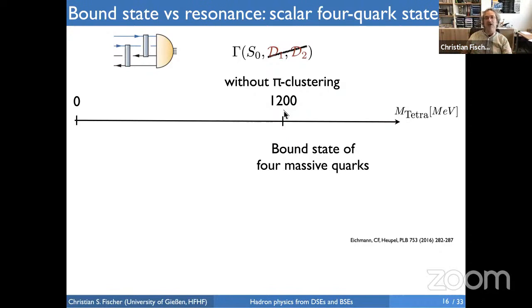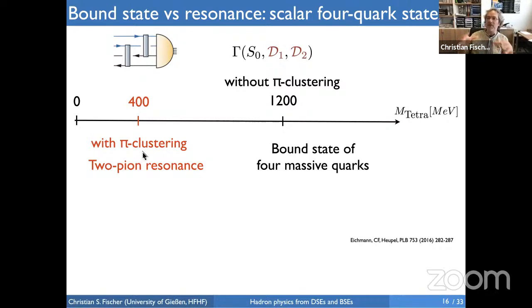But then, in addition, I allow this dependence. I allow for internal clustering, and something absolutely miraculous happens. The mass goes down to 400 MeV, roughly, give or take 50 MeV. And the dominating clusters inside the scalar states have the quantum numbers of pions. So this shows you that the two-body interaction inside this 4-quark state is strong enough to form 2 pion clusters. And the resulting state is actually a 2-pion resonance. And we see that from our equation. And this is precisely what you expect.